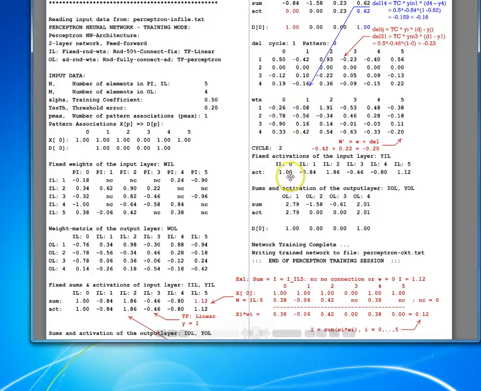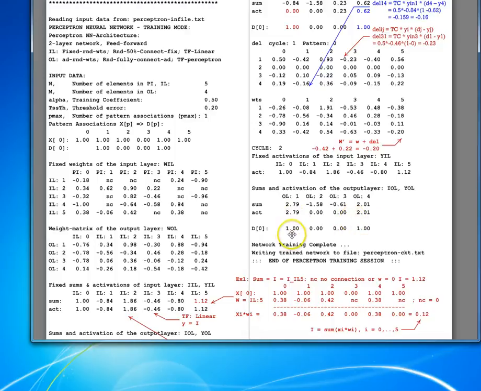So when you go through the fixed activations, again they are presented, which is the same as the original one. When you apply the same input to this new weight matrix, the corresponding activations come out to be these, and the second one is 1.49. So if you apply transfer functions, I greater than 0 is going to be I, and I less than 0 is going to be 0, and that is going to be 2.1. Now this network is trained because